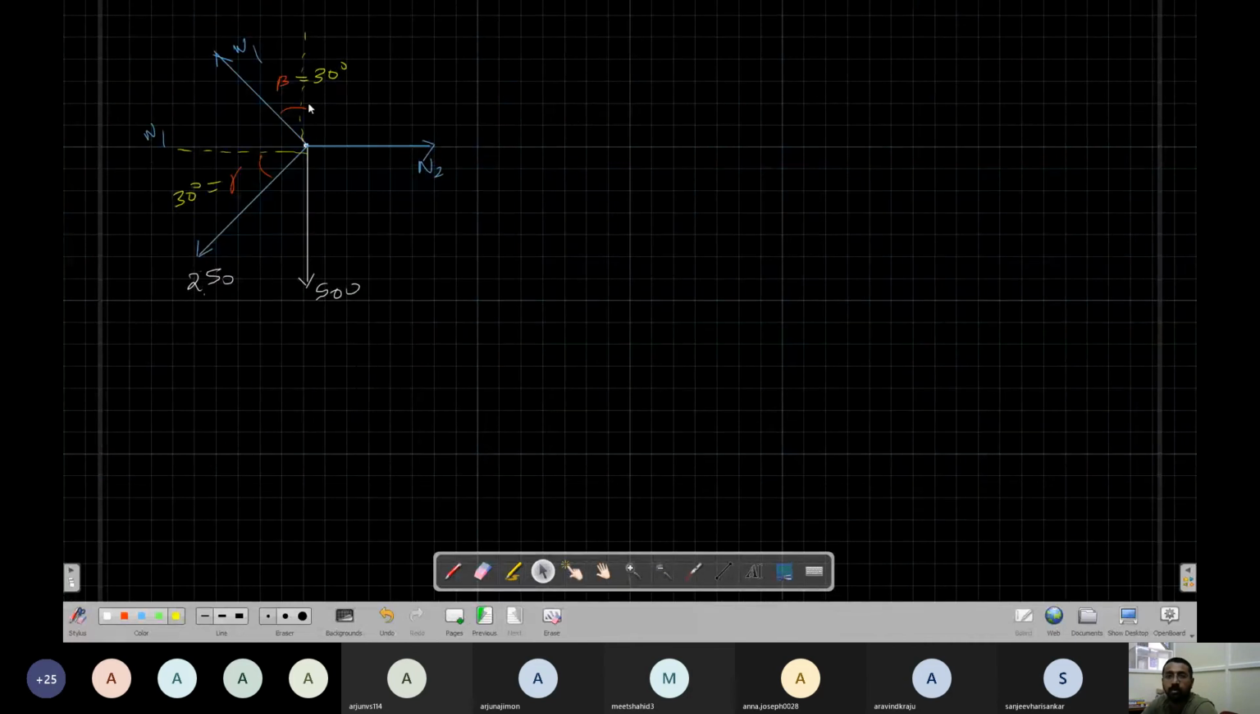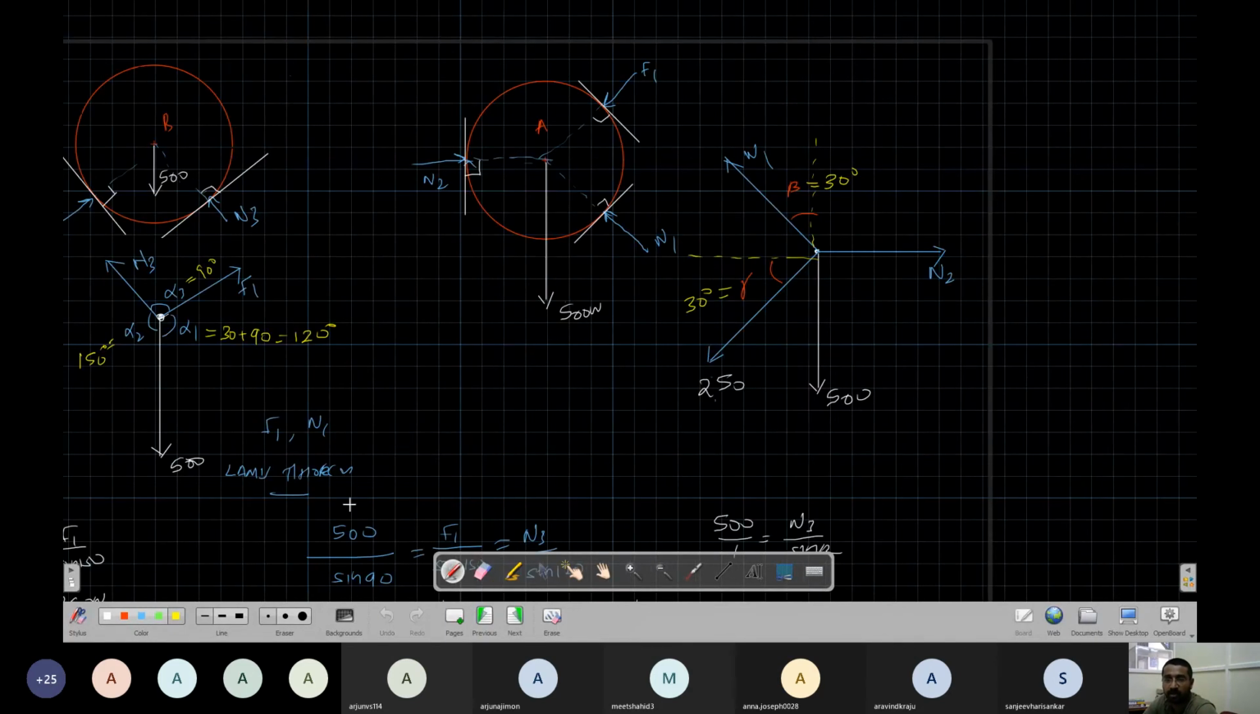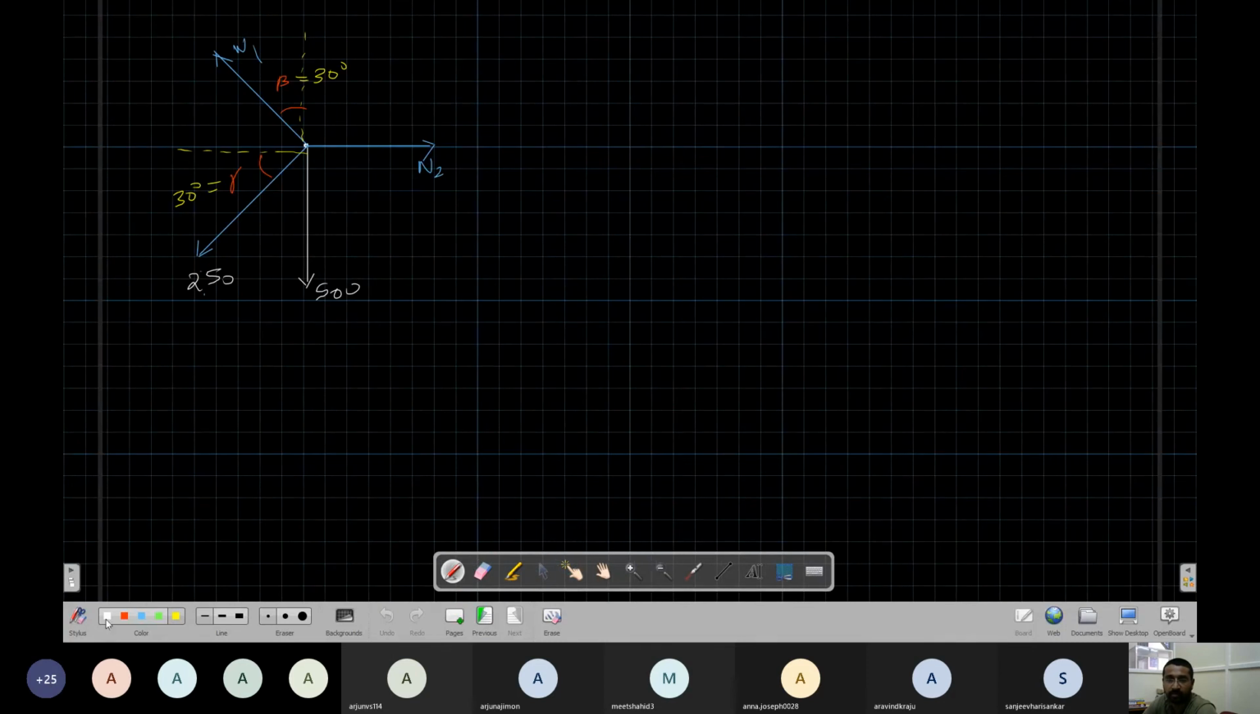Okay. So now forces we know this is 30 degree, this is 30 degree. Okay, you have a 500 here, you have a 250 here. So 250 is from what? F1. 250 is from F1. So this is nothing but F1. Okay. Now, since it is in equilibrium, since the roller is in equilibrium,